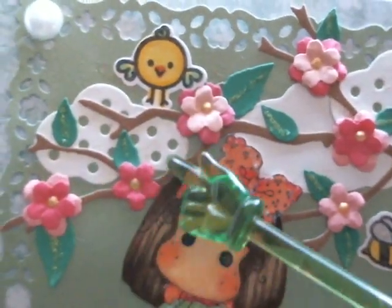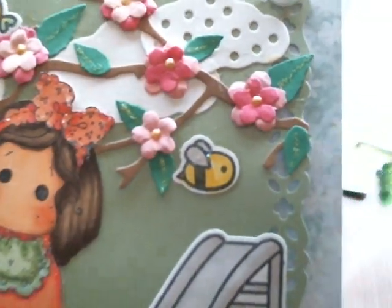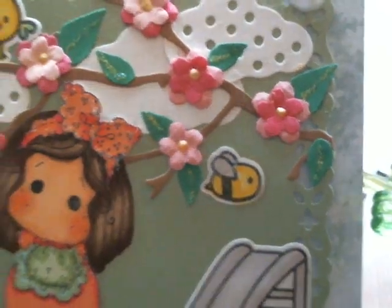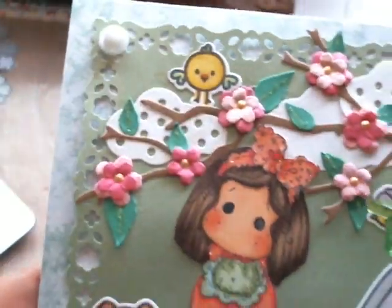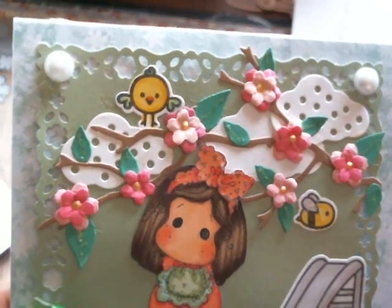And I so love this cherry blossom die. I really do. I just love that tree branch. And I cut it off only because I didn't want it hanging off the card. It was a bit longer than that. Love this die. So again, I started out with a 5.5 by 5.5 green cardstock base, and then to that